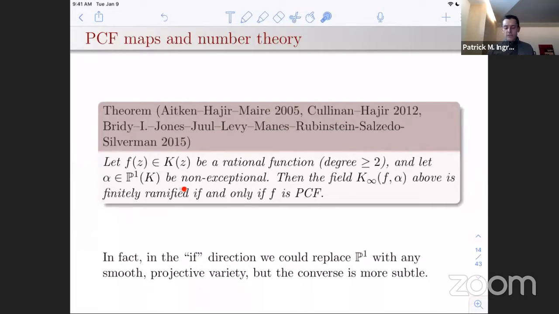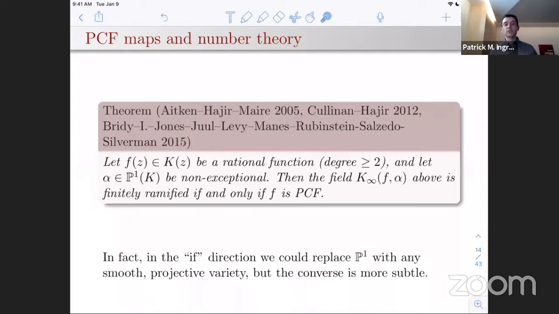So what does non-exceptional mean? Well, it means that the iterated backward orbit of alpha actually is infinite, right? So it basically means that this extension is actually an infinite algebraic extension, but you can be much more specific than that. So in fact, for the purposes of this theorem, exceptional could be replaced with just don't have f a polynomial and alpha the point at infinity, right? Because if you do that, then you just keep getting the point at infinity when you take inverse images. And that's the only actual exception here. So being an exceptional point is a tiny bit more subtle, but not much more subtle than that. So just think of the point at infinity for polynomials.